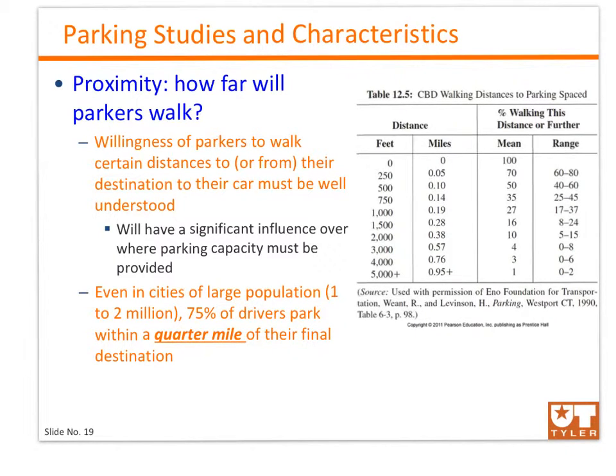Again, if you look at the 0.25 miles, somewhere between 0.19 and 0.28, which is going to be closer to 0.2 miles, you have 27% of people willing to walk more than 0.25 miles. That means 75% of the people would be parking their cars and walking less than 0.25 miles to their destination. So even in bigger cities, you still have the same trend, that people just don't